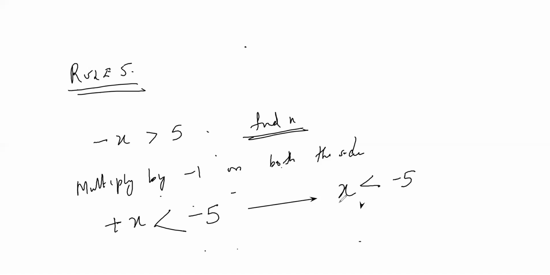Those terms I don't want to make complex, but my question is whether you understood what I wrote now. I didn't do anything. I just applied rule number 4 here. That's it. What is the minus 1 term? Minus 1 is a negative term. So if I multiply a negative term on both the sides, what will happen? The symbol changes. That's all. Actually, I'm applying rule number 4 only in this. Simple as that. Clear?